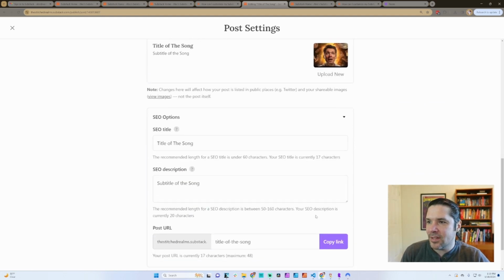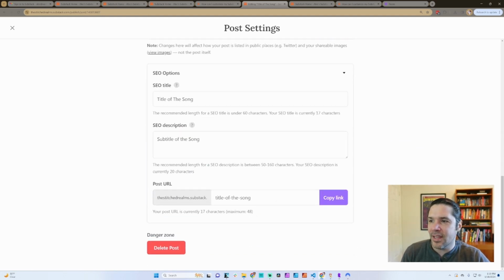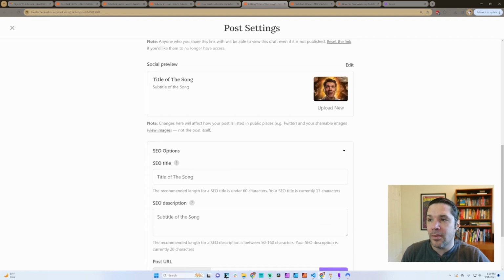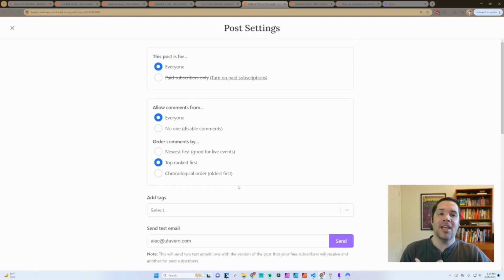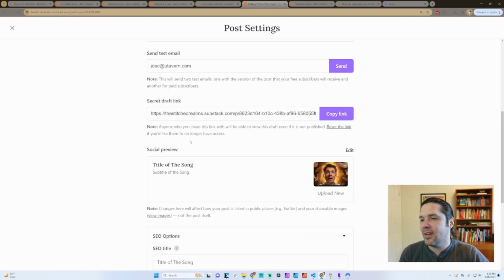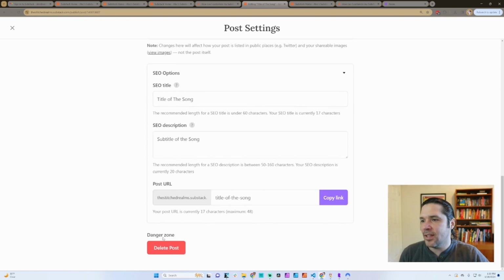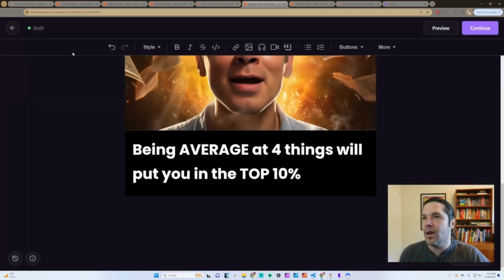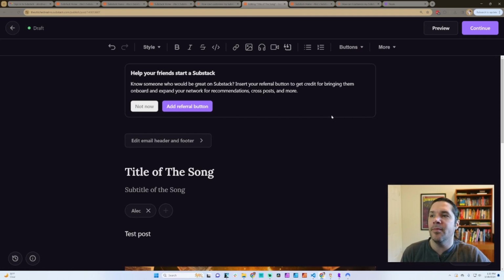SEO optimizations, so if you want finer tuned control about how it displays in Google or the URL, which might have implications in how searchable it is, you could do that. So, danger zone: delete post. So, cool controls. I am much more impressed with just the post authoring in Substack than I am with Patreon.